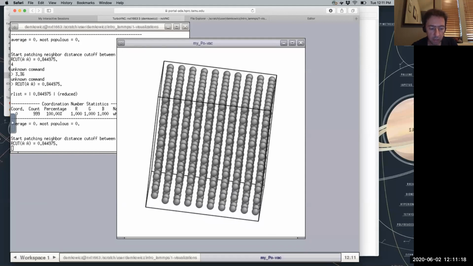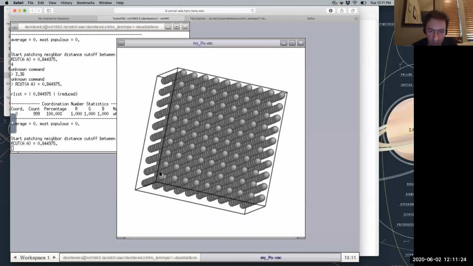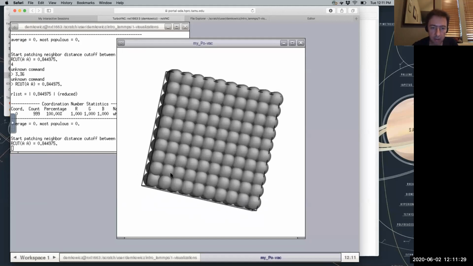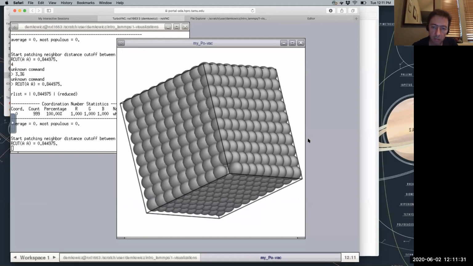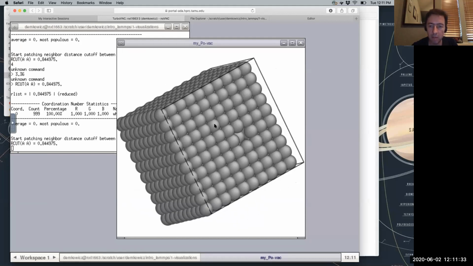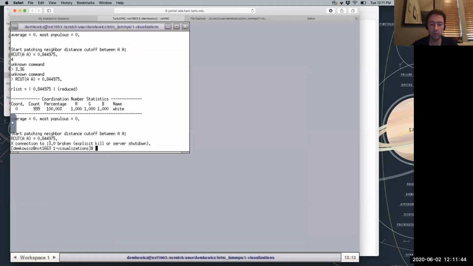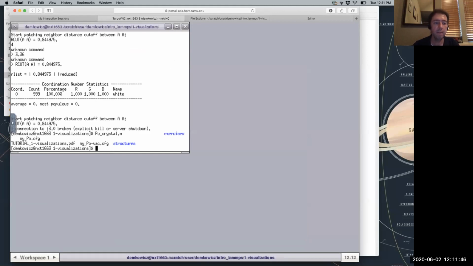Okay, I might not be able to actually show you how to do this in this particular window, but hopefully just by making these things a little bit bigger, and moving this around, you can see that there is an atom missing, right? So this is how you would see a vacancy. This is how you would make a vacancy. Okay, I'm going to stop the vacancy part of the presentation there, and just come back here for a second.